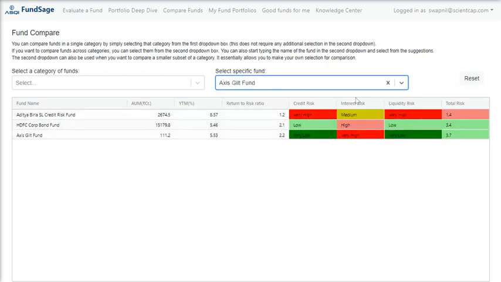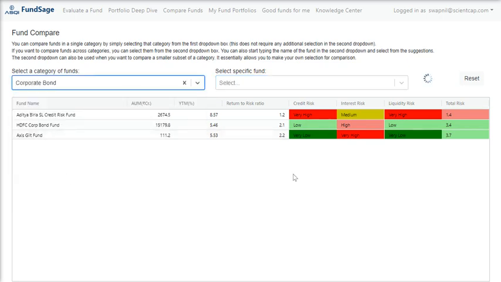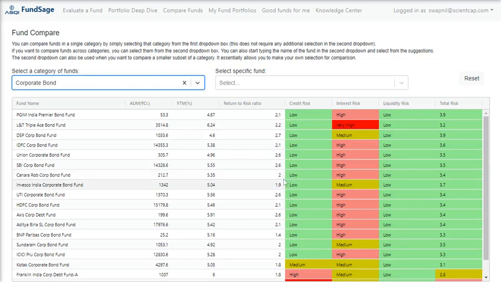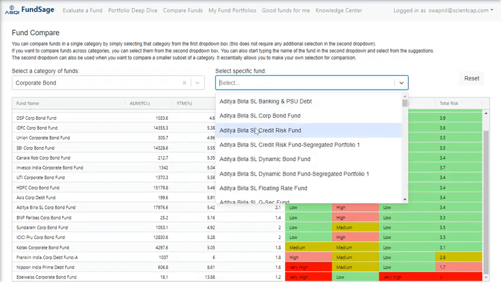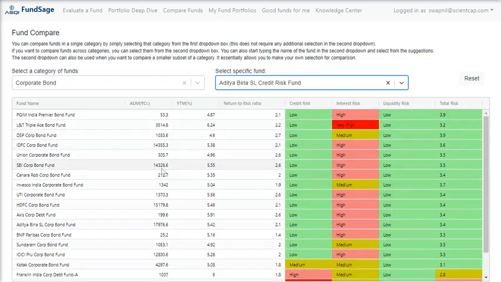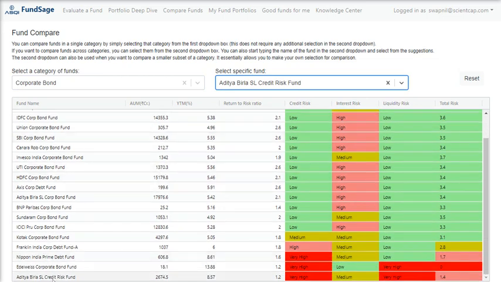things like that. So these selections can obviously be across categories because you've selected a gilt fund, a corp bond fund, a credit risk fund, and you see these characteristics for them. You can also use a combination. So you can have a category selected and then add specific additional funds, as you can see at the bottom here, that got added.